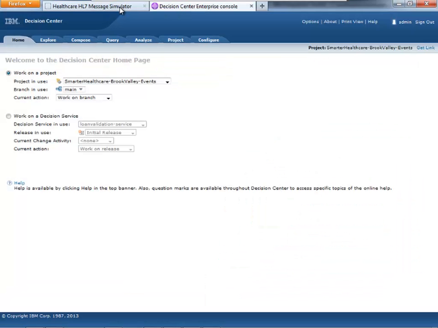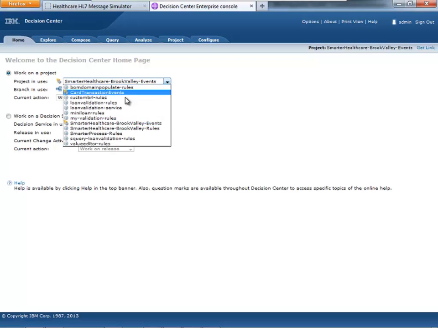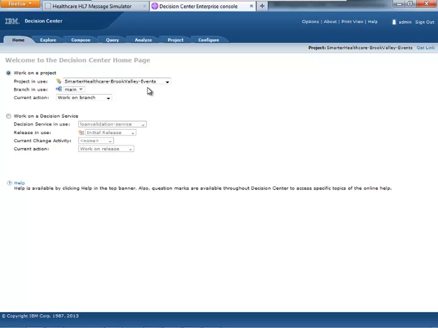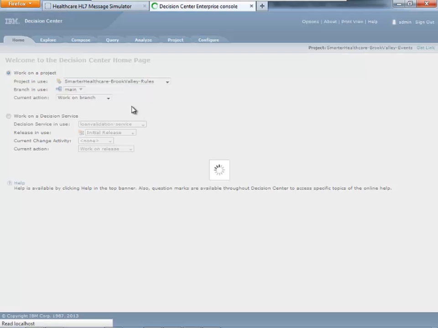If we switch gears over into what we call the decision center, this is part of a product called IBM Operational Decision Manager. It's a business rules and business events engine. This is the same capability that we saw to detect the delayed test result. But it allows us to log in here and take a look at the business rules that we can use to determine how we make decisions.